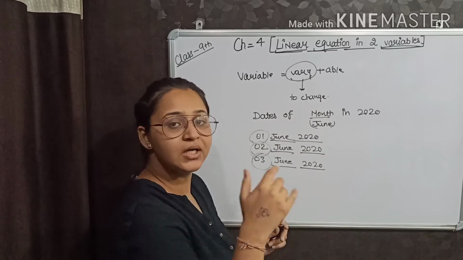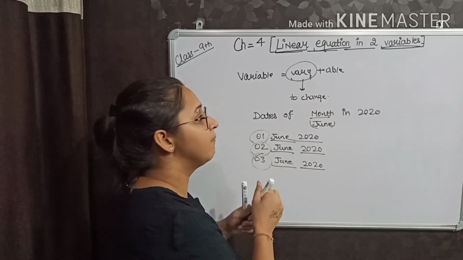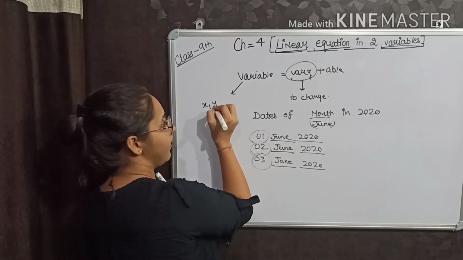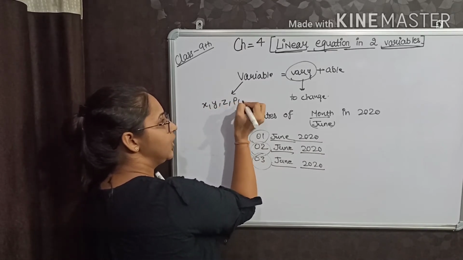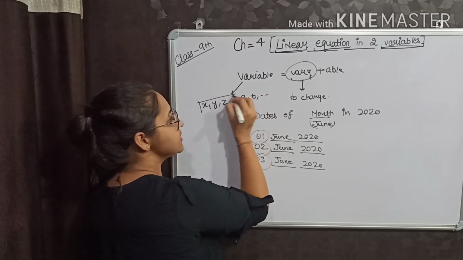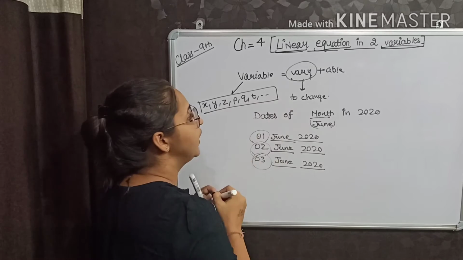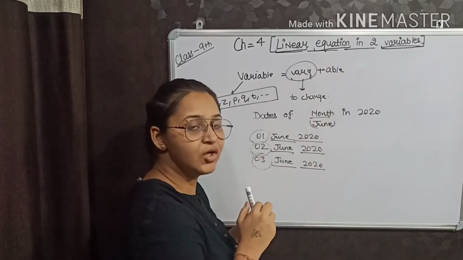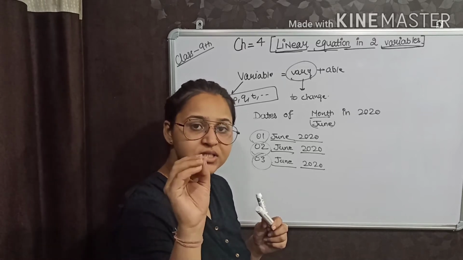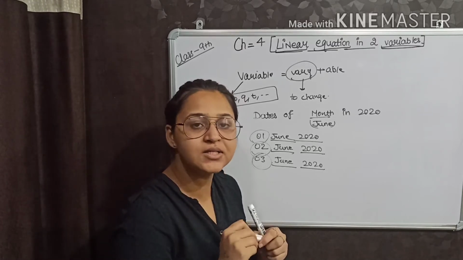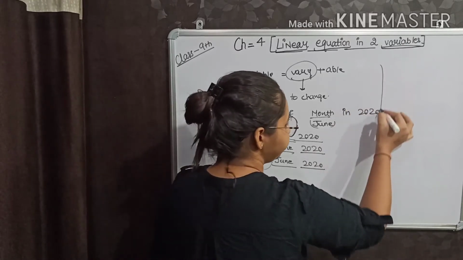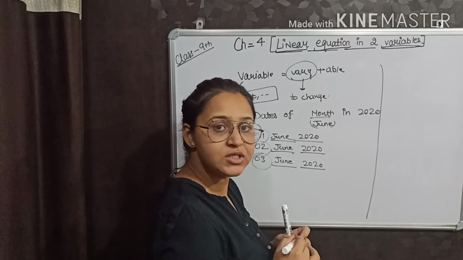So here date is considered, or date is working as a variable in this statement. So in mathematics we denote variable by letters. Variables denote by letter X, Y, Z, P, Q, T and so on. Okay, these are the notations for variable. Now come to equation. What is an equation? There are two things. First is expression and second is equation. There is a difference between these two. How? What is expression and what is equation?